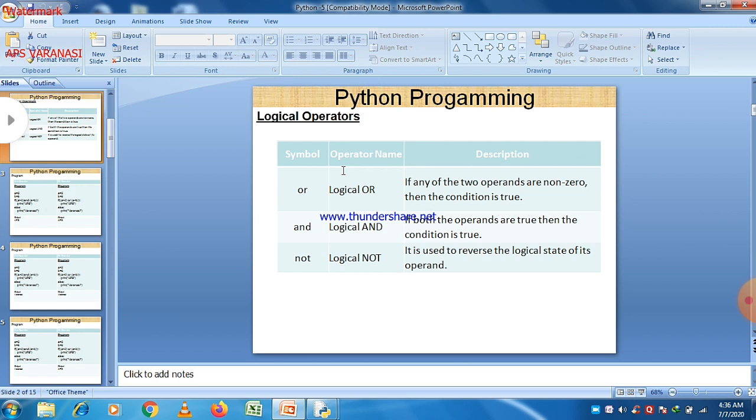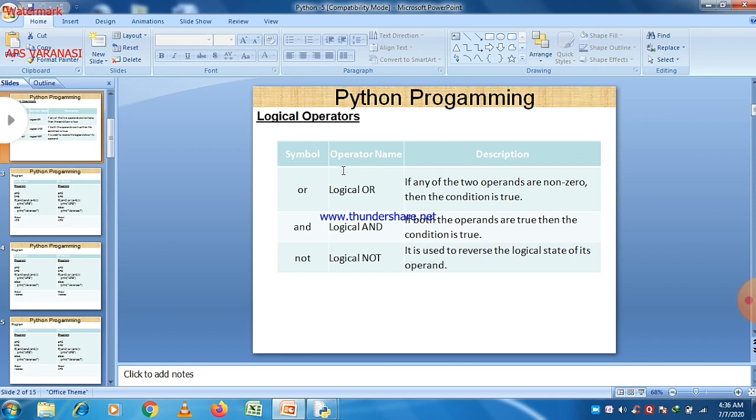Actually in computer systems, 0 represents a false value and 1 represents a true value. But as far as operators are concerned, we work with 0 and 1 in bitwise operators. Here our focus is on true and false statements, and logical operators basically work on true or false statements. So non-zero is the incorrect one.